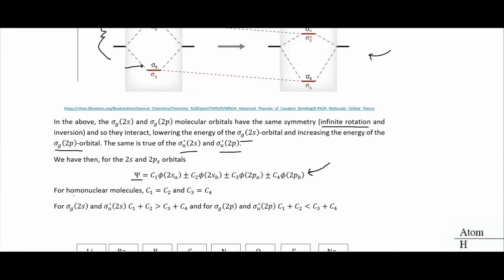And for our homonuclear molecules, which means that we're bringing the same atoms together to bond into the molecule, the C1 and C2 will be equal, and the C3 and C4 will be equal. And so for the sigma g 2s and the sigma u star 2s, the C1 and C2 will be greater than the C3 and C4, because up here the